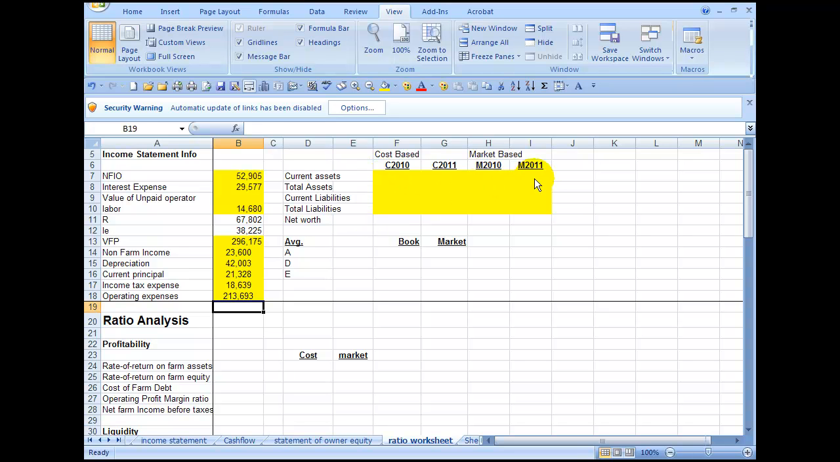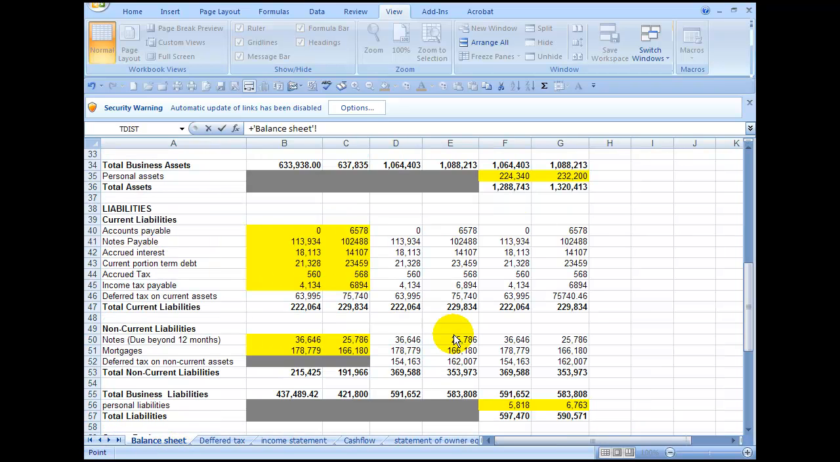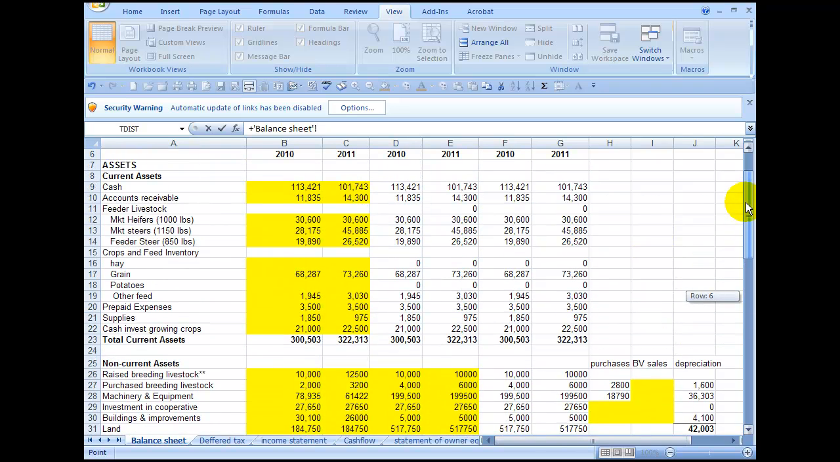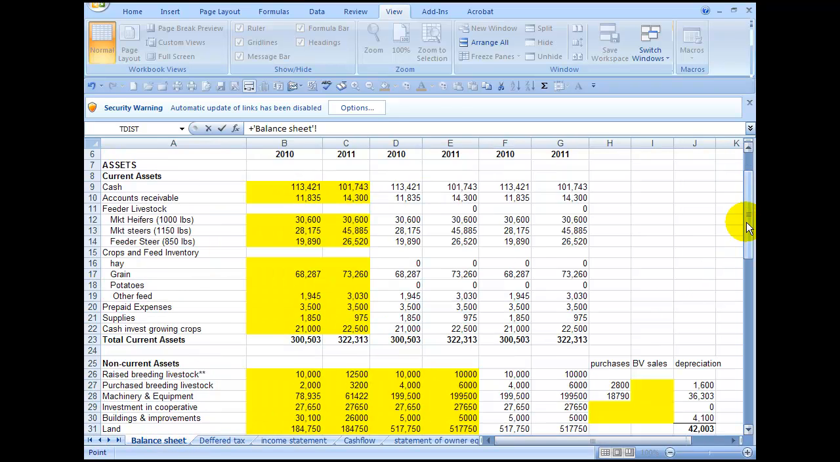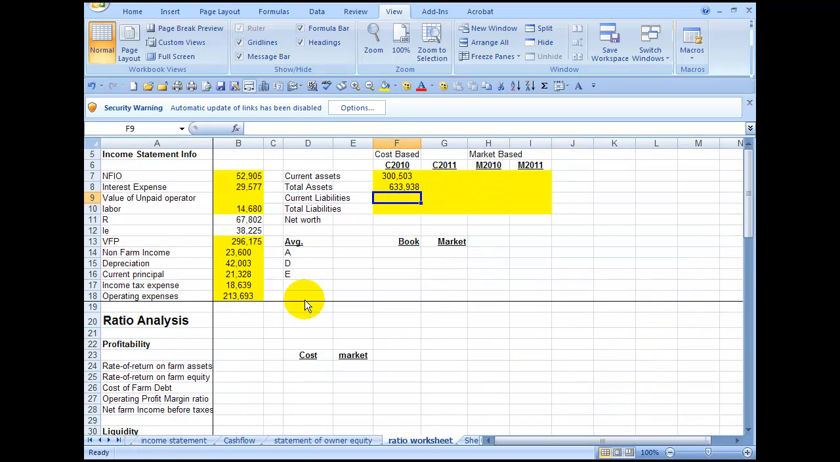And now we also need balance sheet information. We have basically 4 balance sheets: the cost-based, the beginning and ending, the market-based beginning and ending. So our current assets plus, click here to get over to the beginning balance sheet. Up here, current assets, total assets, balance sheet, total assets, current liabilities plus